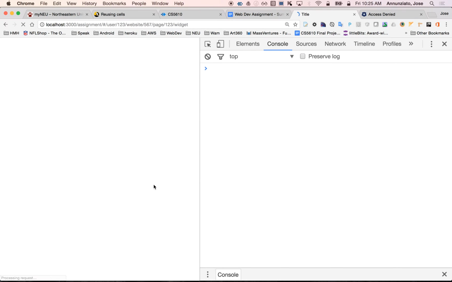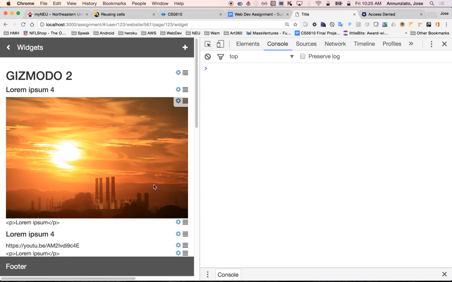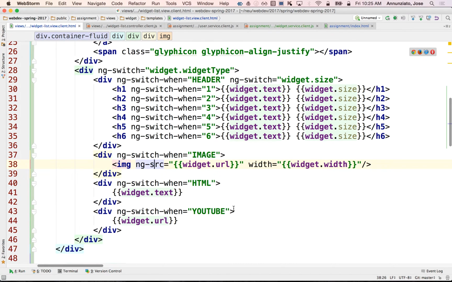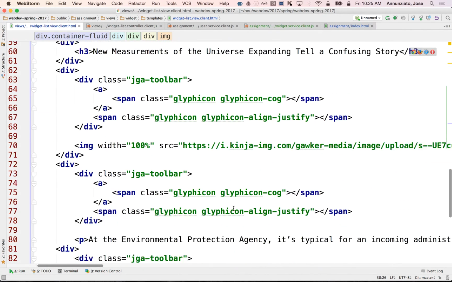And indeed, when we render, we get the same exact functionality. The image is downloaded a little later, right? After the page gets parsed, after Angular gets a hold of it, and notice that there's no error message. Okay. All right. How about this YouTube? Let's work on this YouTube. So the YouTube down here,